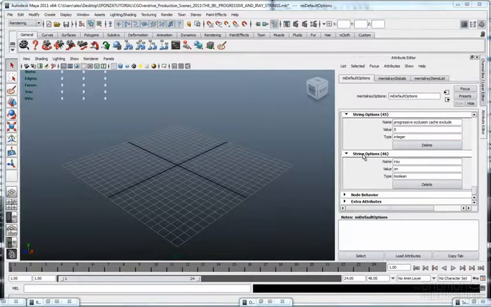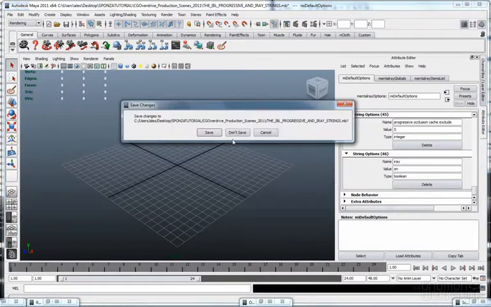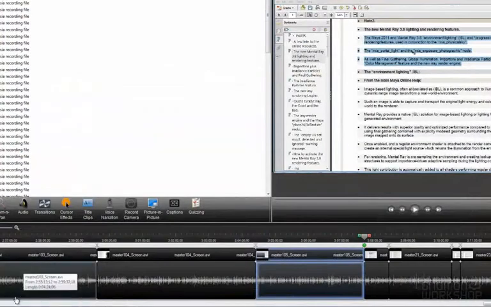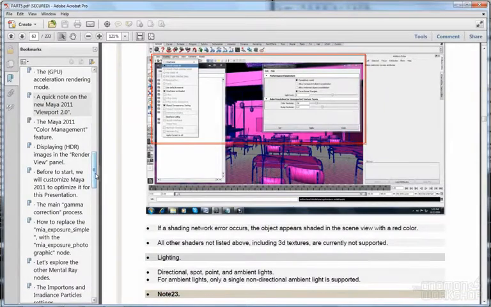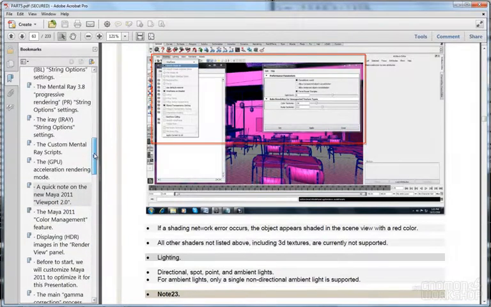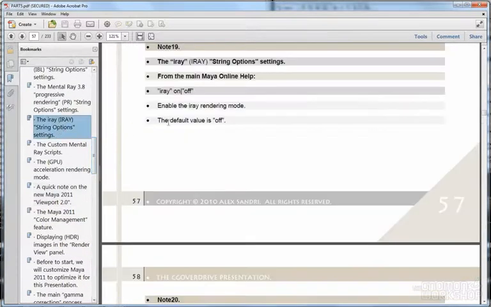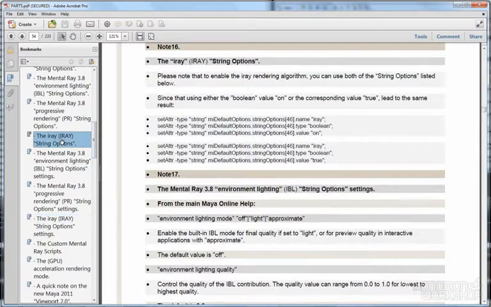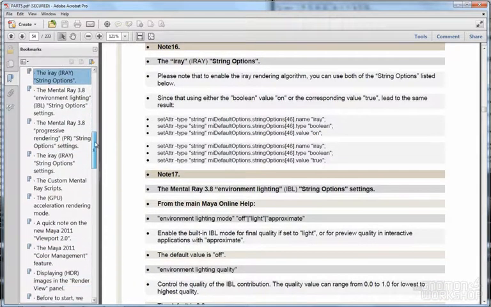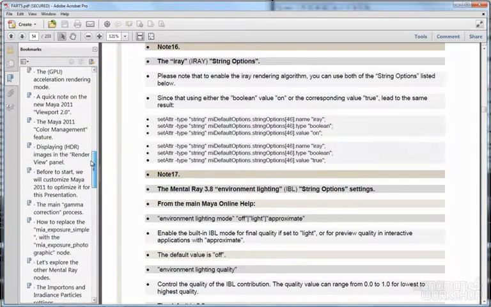Since we have created already all the string options, we don't need this empty scene anymore, this new scene, so we can safely close it. And let's go back to the PDF first, and I would like to point your attention first that the string options are listed here too. Here are the settings with all the settings, and you see the string options are listed in the PDF too. But let's go back to the